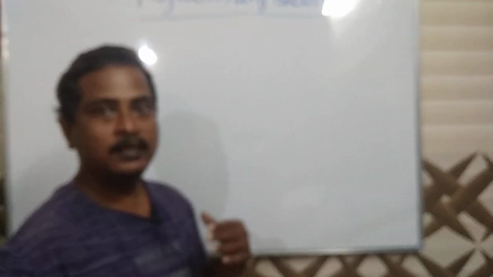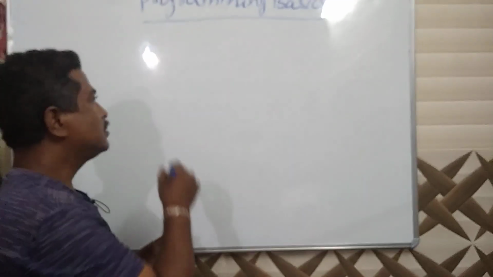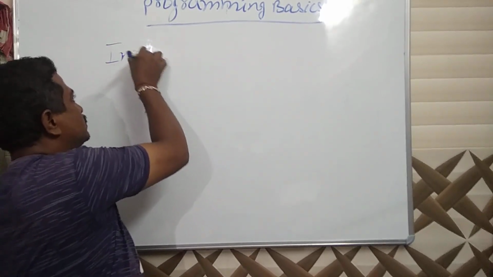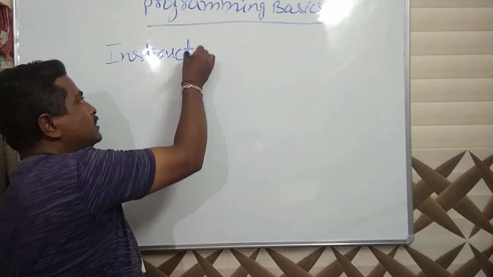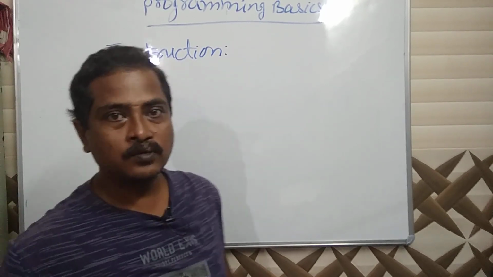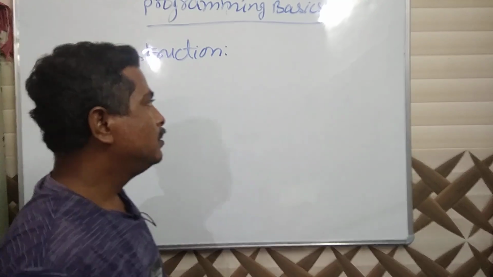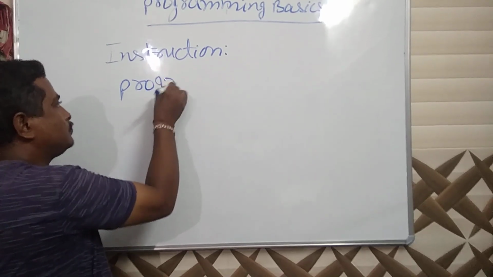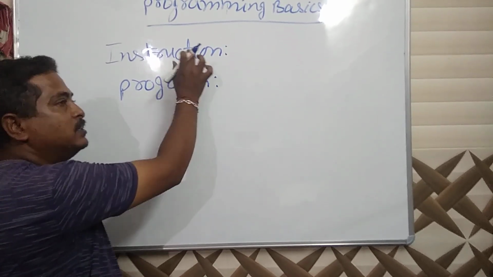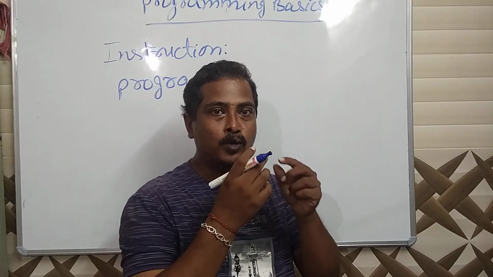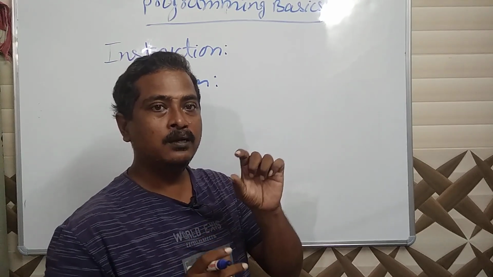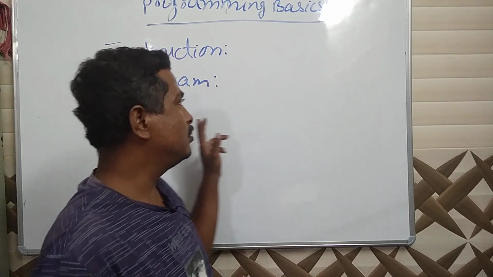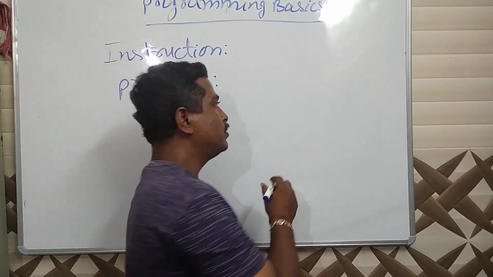To understand the programming basics, some terms we have already discussed. Those are instruction. What is an instruction? It is a direction to work, how to do the task. Now the next term is program. What is a program? It is a set of instructions. When more than one instruction are combined to make a set of instructions which will perform a specific task, then that is called a program. I am writing one example here.